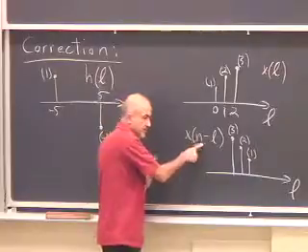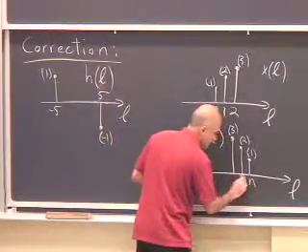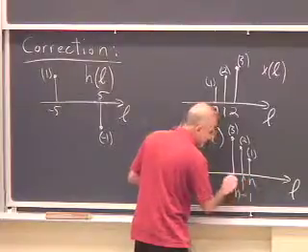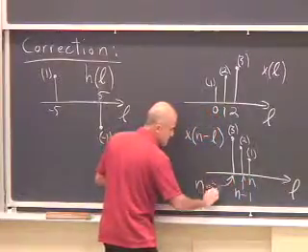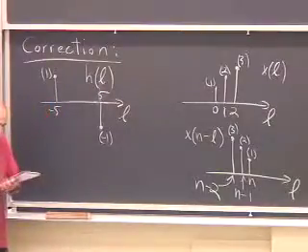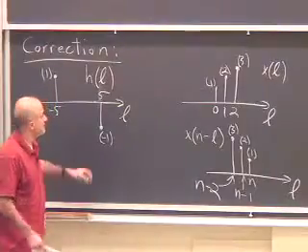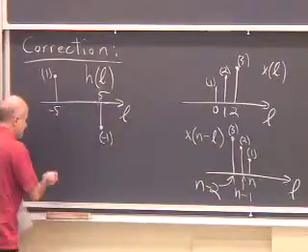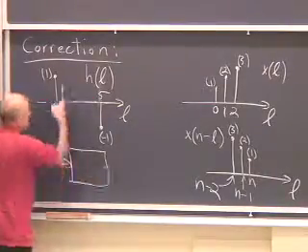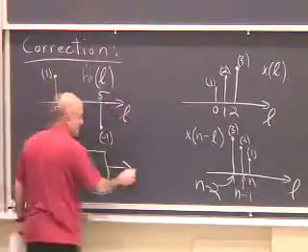And n takes the location of the short lollipop to n. So this would be n, this would be n minus 1, and this would be n minus 2. Okay? And when we wanted to figure out what the output is corresponding to the filter that has this as its impulse response, that as its input,